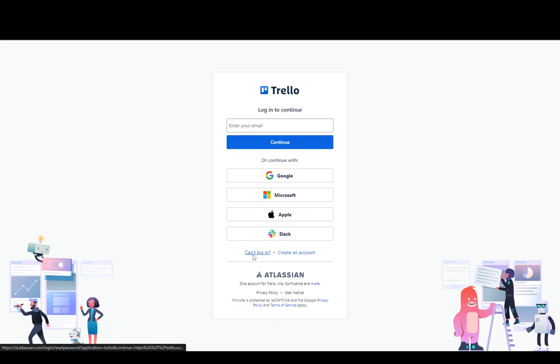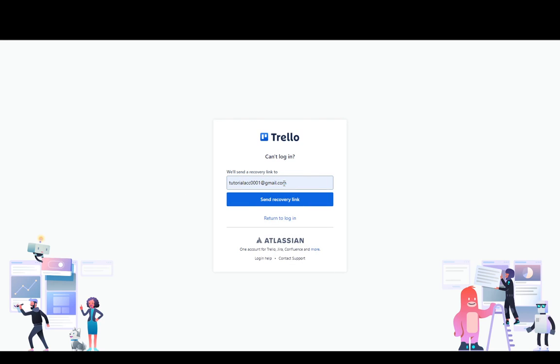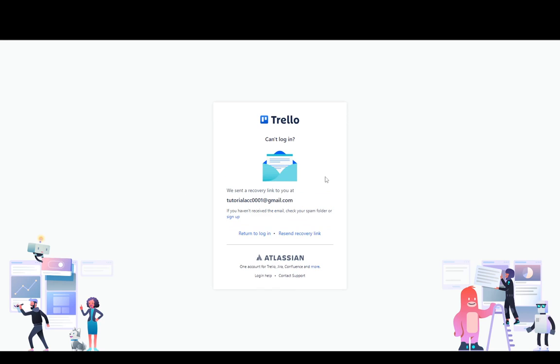You want to click on the Can't Log In button, and as you can see, you need to select the email to send a recovery link. Now, just click Send Recovery Link, and the link will be sent. Now, what you're going to want to do is go to the email that you have used to make your account, and then you'll find a recovery email. In this email, you'll find the link, and you just want to click on that link, and it'll take you